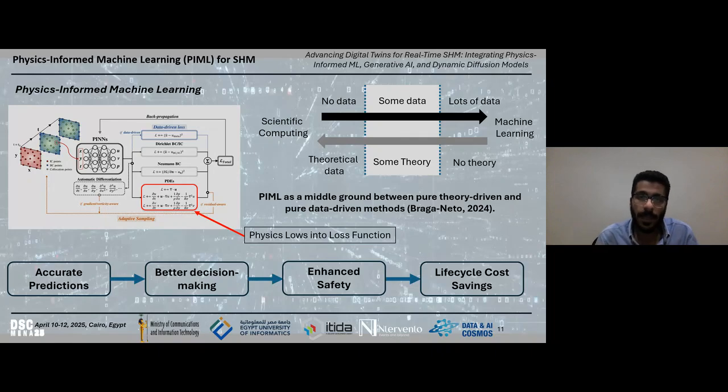Once it's trained, you can use it on any new data to get a prediction or a classification of damage, for example. So this is the normal way for machine learning.